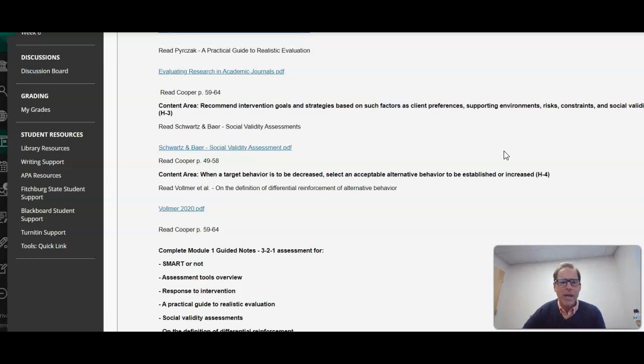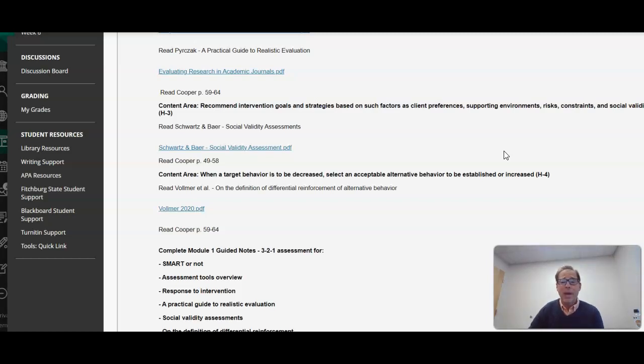So this sort of dovetails with H2, whereas in H2 we were talking about interventions based on assessment and based on things that have been scientifically validated. Well, we have to take that, and now we have to overlay that on what does our client want? What's important change in the eyes of our client, and what kinds of interventions are acceptable to our client. Additionally, what kind of supports are available in the natural environment,